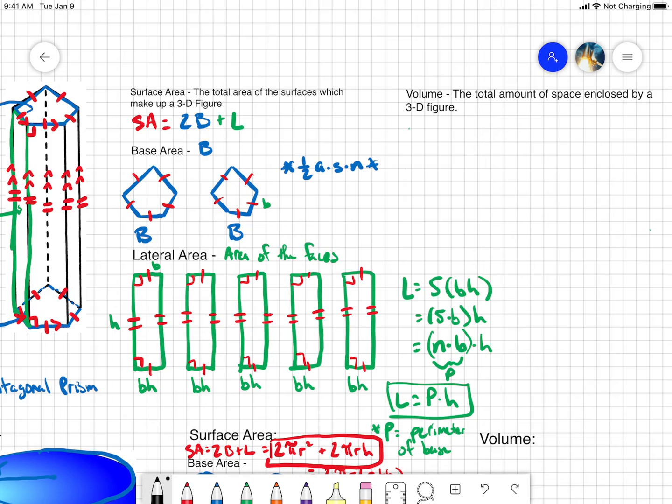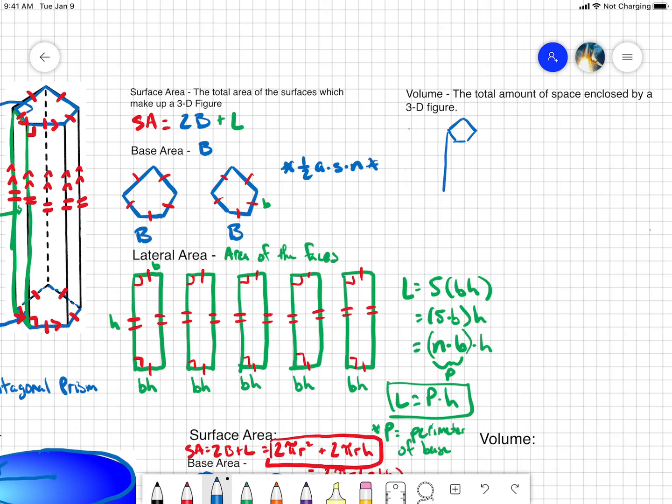Hopefully volume should not be a brand new idea for you guys. Hopefully you've worked with it in your science classes and so on, so you've at least heard the terminology before. But we're going to figure out how to find it for prisms and cylinders. So the way that we're going to think about this and come up with a formula for it, here I'm going to just recreate my